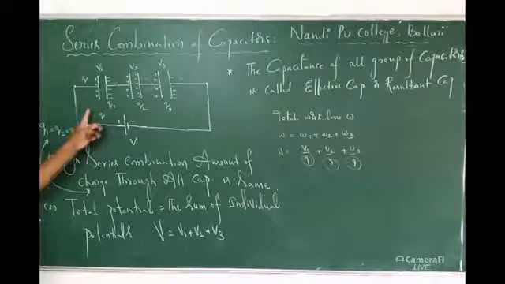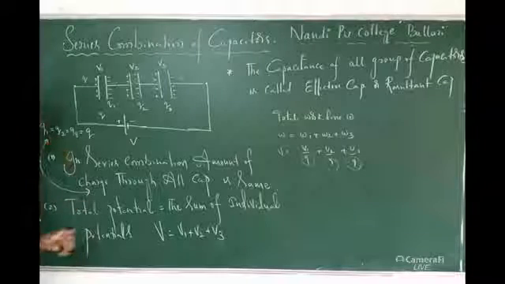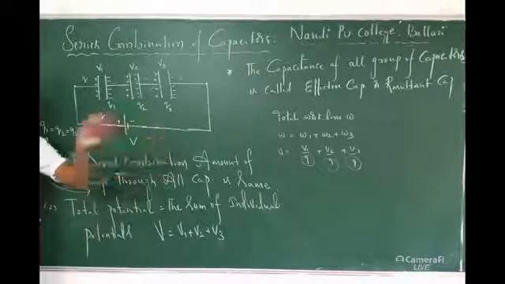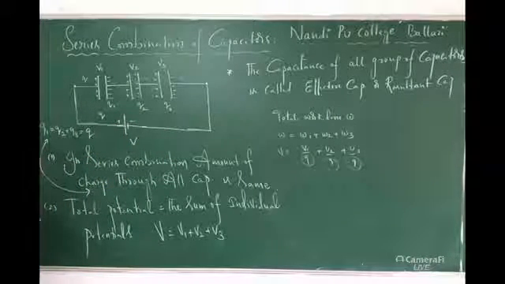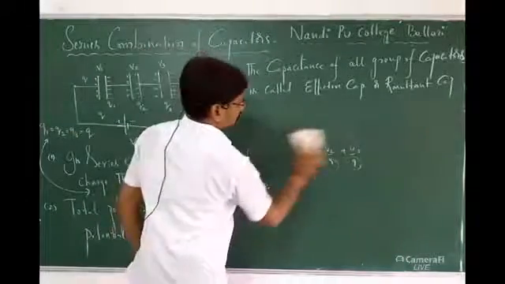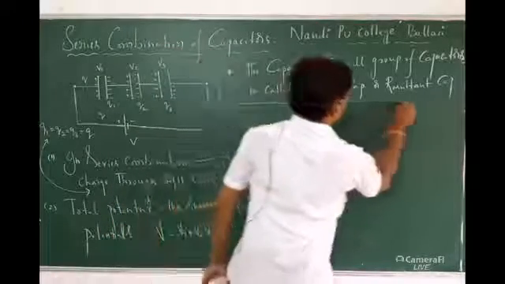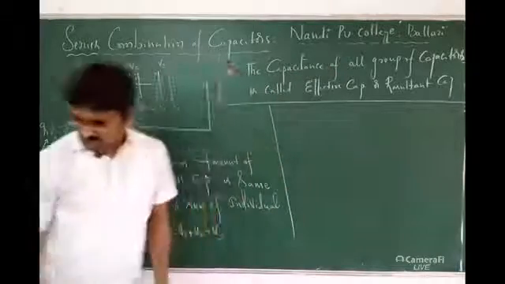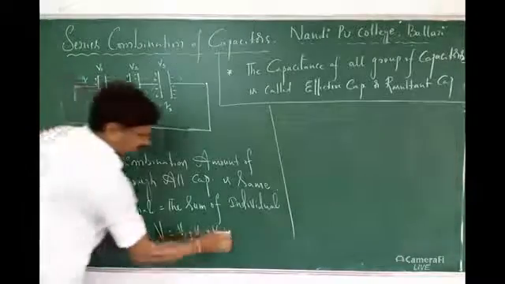1 mark for this diagram, 1 mark for this statement, another 1 mark for this statement. If you understand the circuit and these three, the derivation is 1 minute. Derivation is about 1 minute. So what is the 1 minute? See that? Now come to, yes, this is extra definition. Right. Now continuation: let us take this as equation 1, and this as equation 2.